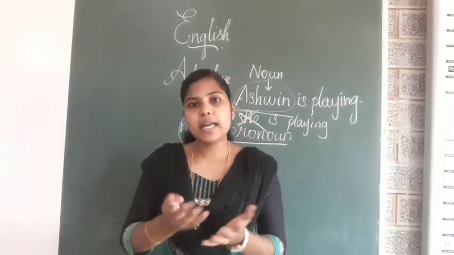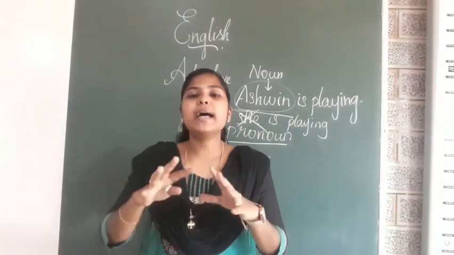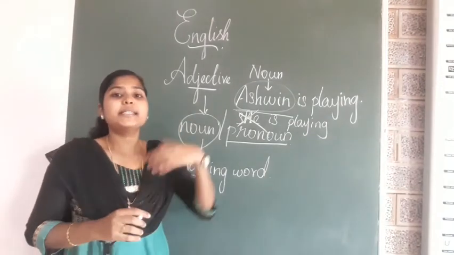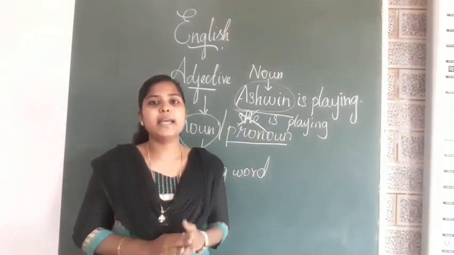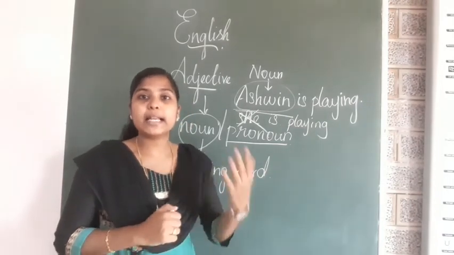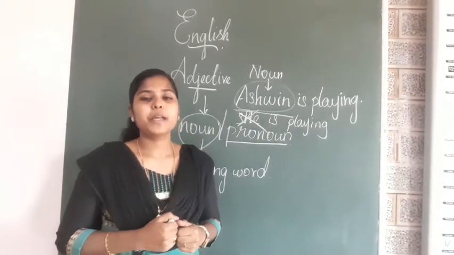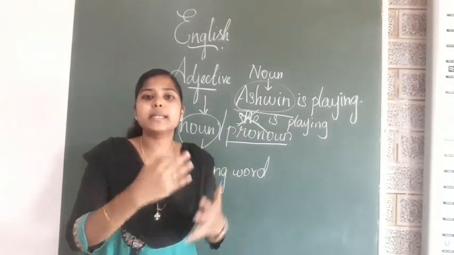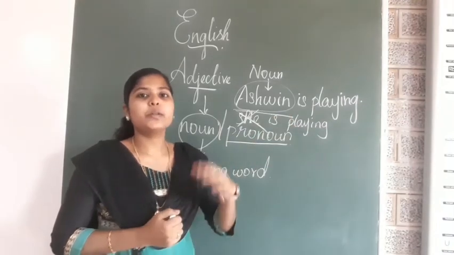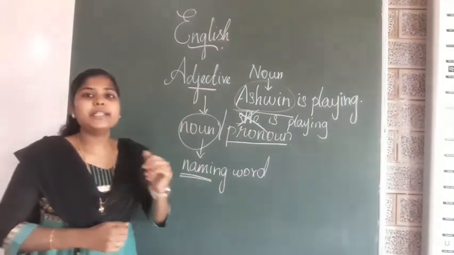It is the name of a thing. We are describing. We are adding more masalas to that noun, and those masalas are called adjectives. It is describing. We can say he is a boy. He is an intelligent, clever, smart, dazzling boy. So we are adding more descriptive words for that person, for a boy, isn't it? So these are the descriptive words. The descriptive words are called adjectives.